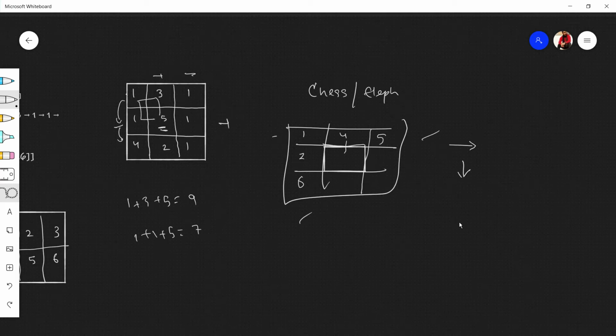Obviously the question wants us to come from the smallest path. If it had asked for the maximum, like what is the maximum money you can spend going from this to this, then we would have definitely taken this 9 path. But now it wants us to find the minimum, so 7 will be taken into consideration.